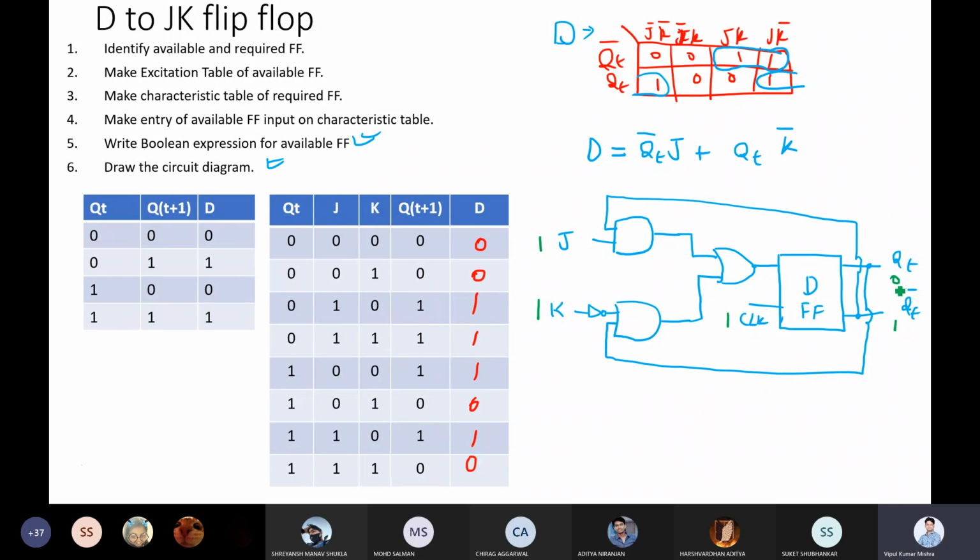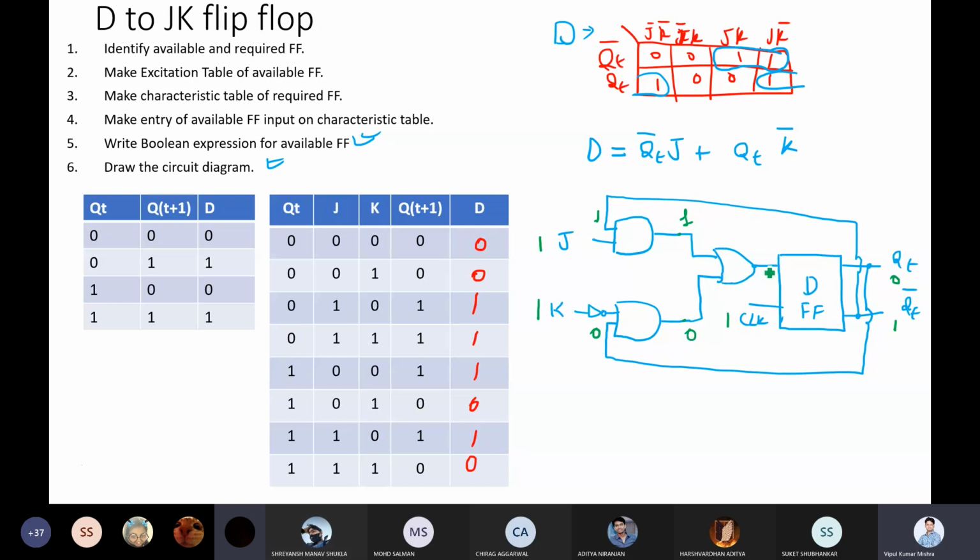Once QT is 0, that is fed here. So you feed 0 here and 1 here. Now give me the output at this point and this point. What will be the output at these 2 points? What about the first point? 1. Definitely. What about here? 0.